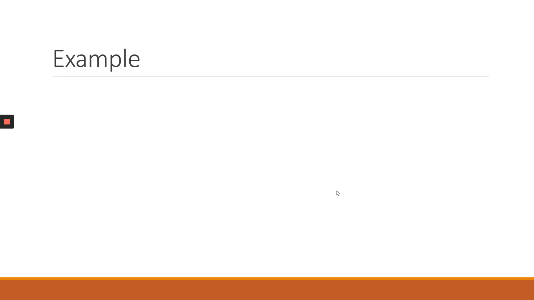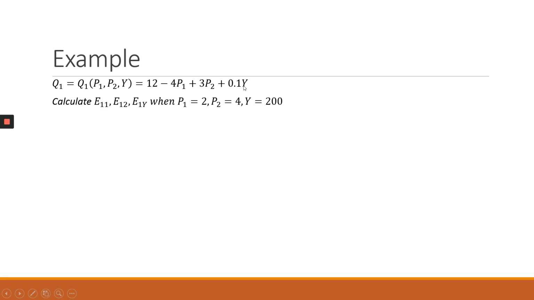Right. Looking at an example, if we are given the following demand function, which is a function of P1, P2, and Y, given as Q1 equals 12 minus 4P1 plus 3P2 plus 0.1Y, we can calculate the 3 elasticities. So we are also given additional information that P1 is equal to 2, P2 is 4, Y is equal to 200. Right? So to calculate your own price elasticity, remember the negative sign,